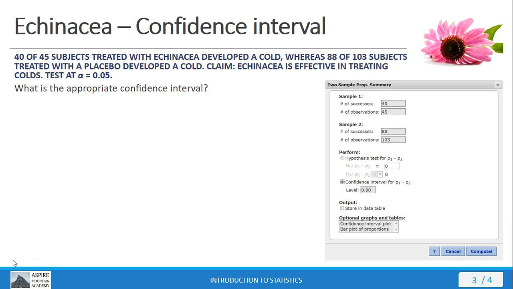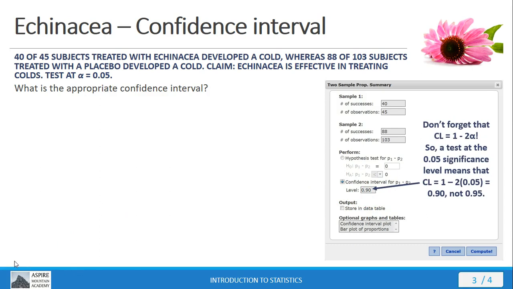So here's our options window in StatCrunch. Notice how we put in the same sample information that we did previously for the hypothesis testing. The Echinacea group was mentioned first, so it's sample 1. The treatment group is mentioned second, so it's sample 2. And then look down here at our confidence level,